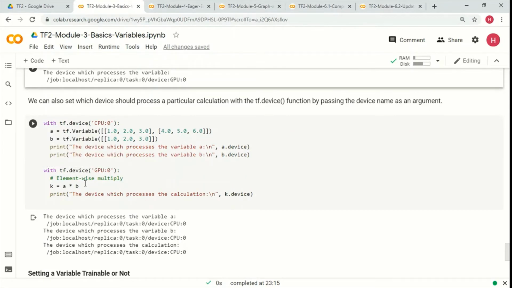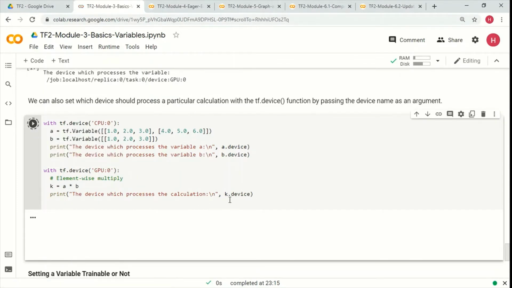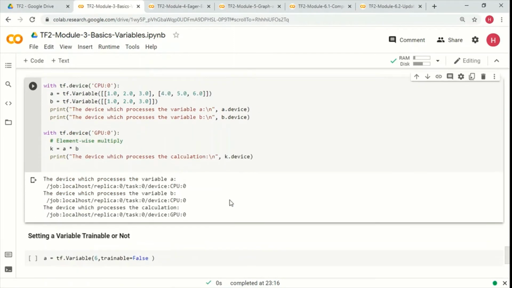Okay, and then we are going to do a multiplication, which we are going to put onto the GPU, and let's see what happens here. So as you can see, variables A and B are put onto the CPU as we wanted them to, and the calculation is put onto the GPU, right?